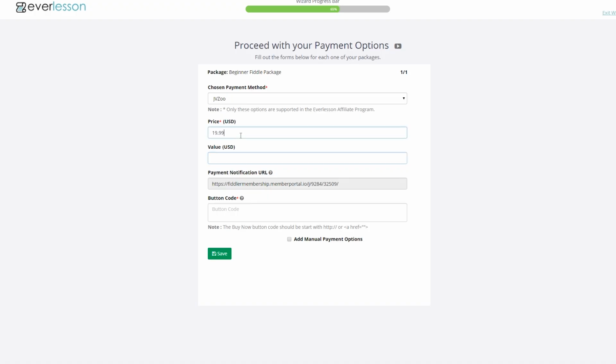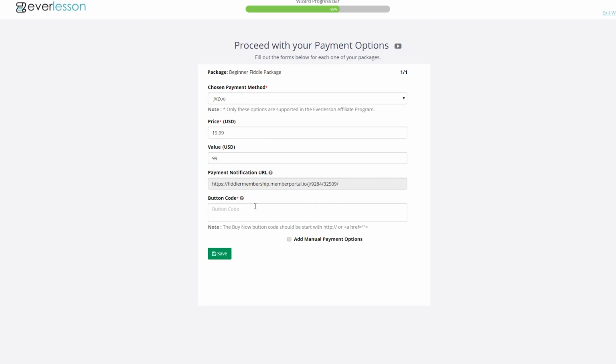Obviously, for the price, you're gonna have to get financially smart and make sure that you're choosing a price that's going to convert best, and you might have to toy around with that and try a few different prices and split test and stuff. But for our purposes, let's go ahead and say we think this is worth $99 per